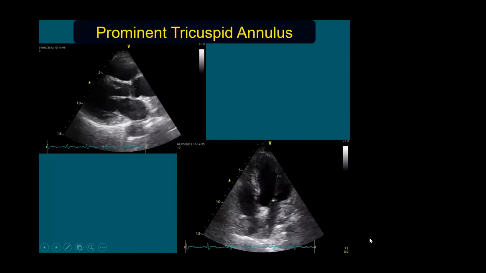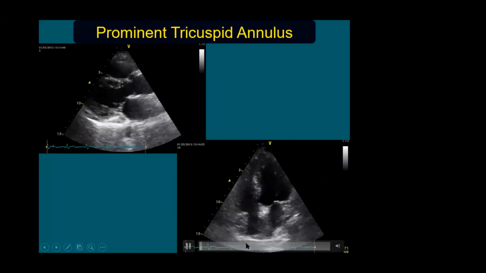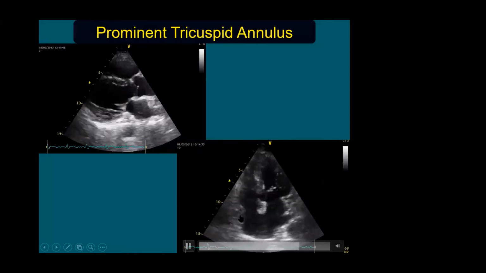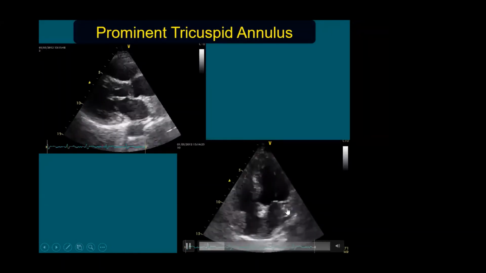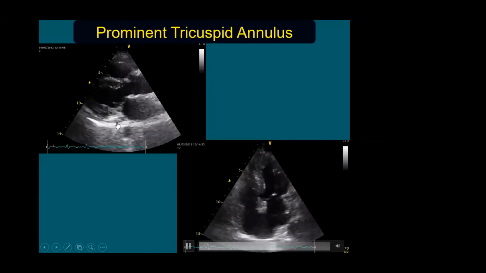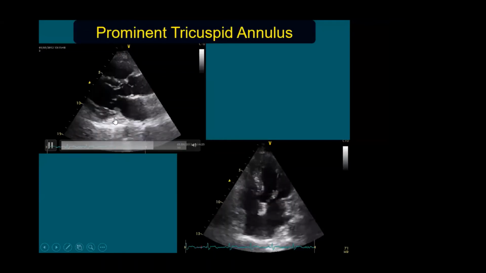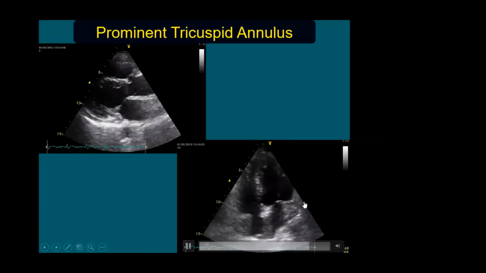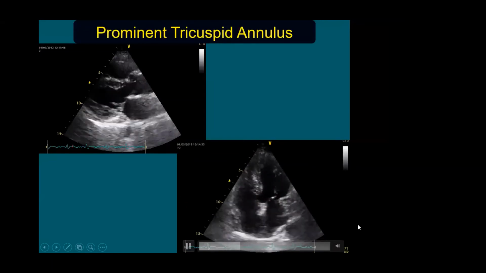This is again another mass near the region of the tricuspid annulus. So you can see a mass over the mitral annulus also. So these are actually masses of fat. So this is a mitral annulus fat and tricuspid annulus fat, which is producing a dense echoes over the mitral valve. And this can be confirmed